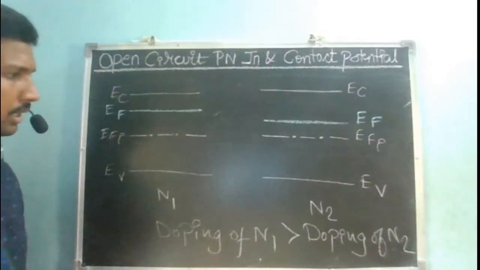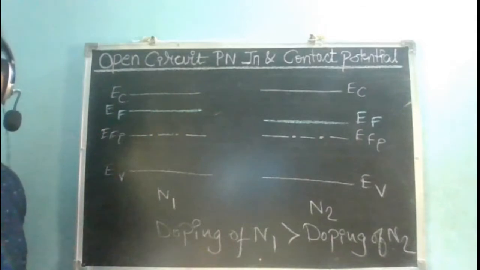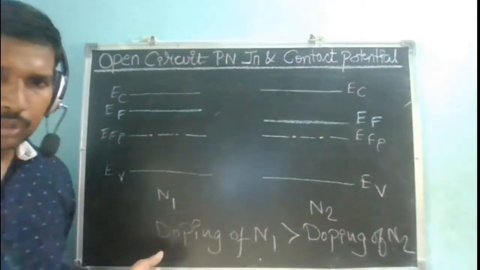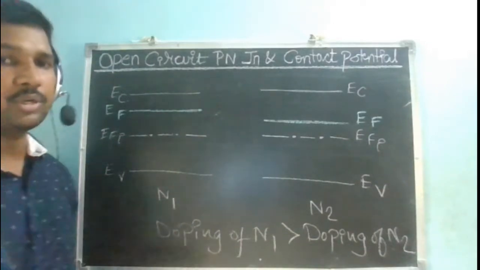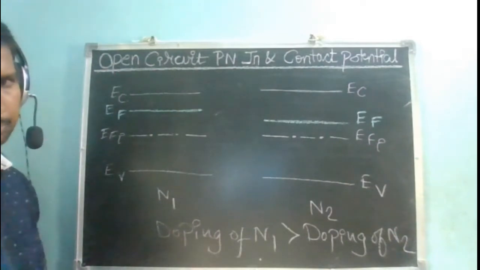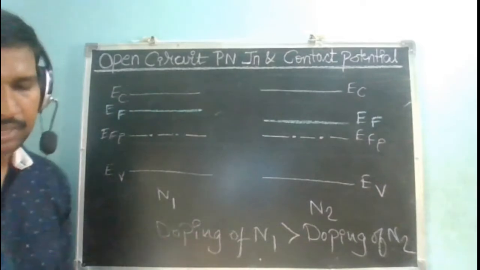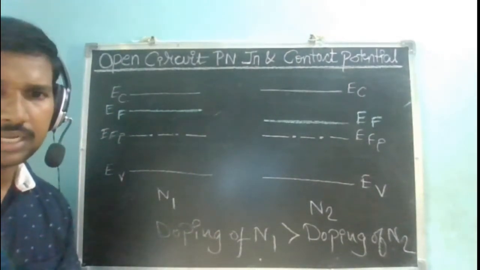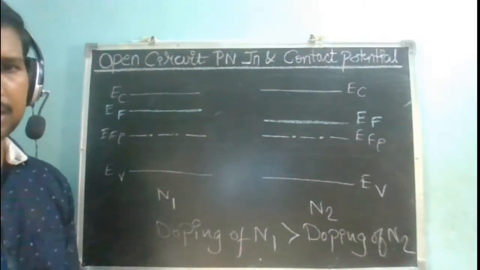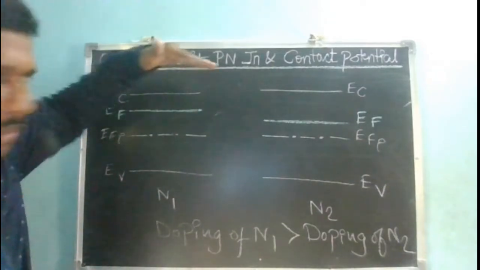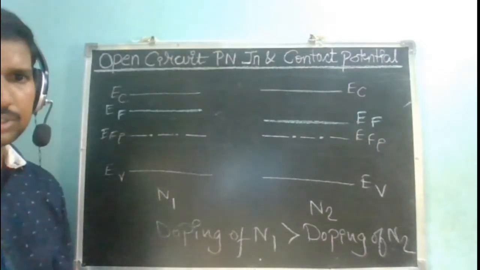Okay. So what else can I tell about N1 and N2? N1 is an n-type semiconductor. Is it a uniformly doped semiconductor or a non-uniformly doped semiconductor? Uniform. How do you say that it is uniformly doped? Slope is zero. If it is non-uniformly doped, then you expect some diffusion of charge carriers. Then at least an internal electric field is being generated.